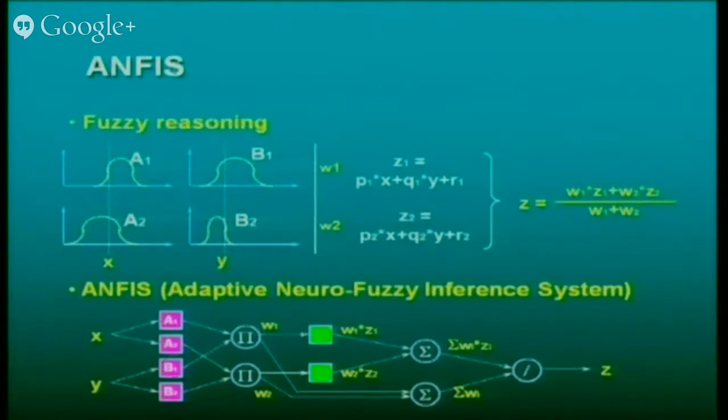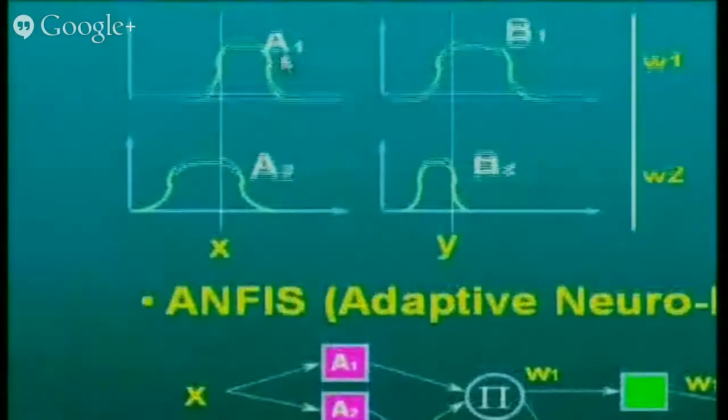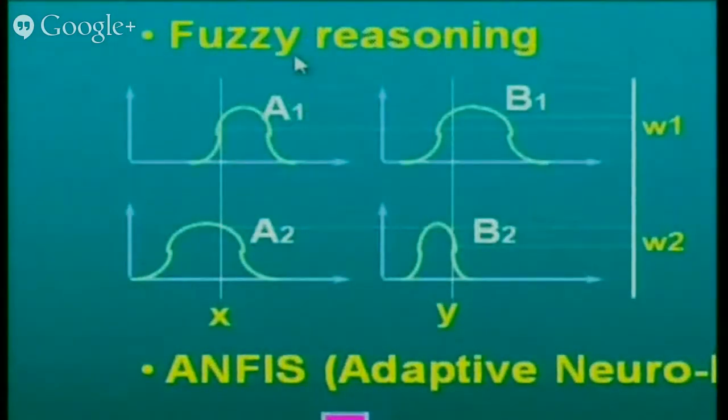You may use trapezoidal, triangle, whichever membership function you want, you define it. And already you have seen that, ma'am would have explained it to you. So here, if you see, A1 and A2 are your linguistic variables. B1 and B2 are linguistic variables, and your membership function is also defined. Correspondingly, say for a particular value of x, your input is now 25 degrees, corresponding to that, if you